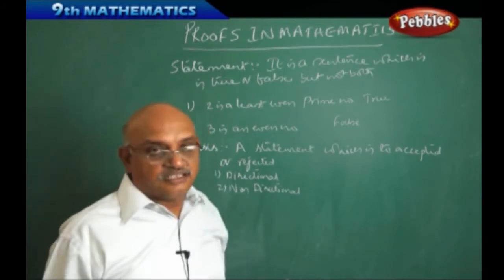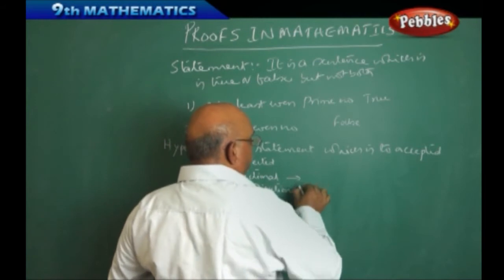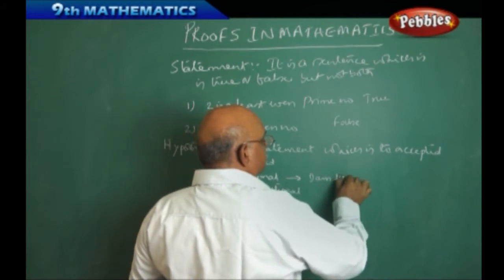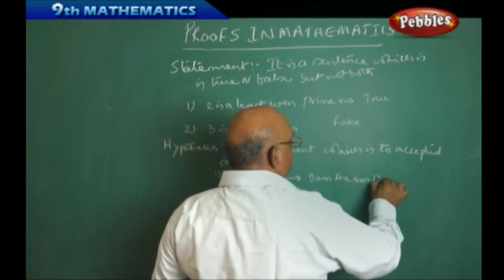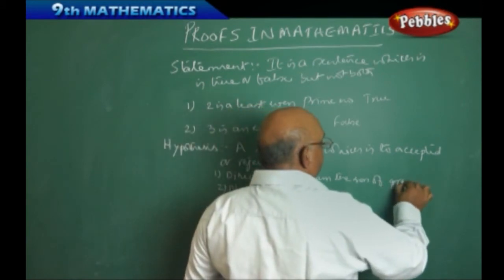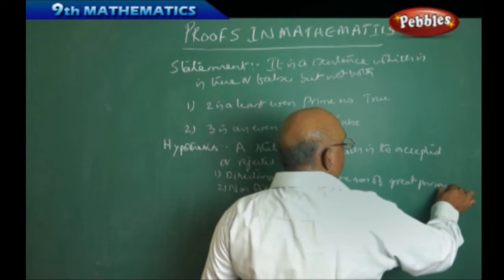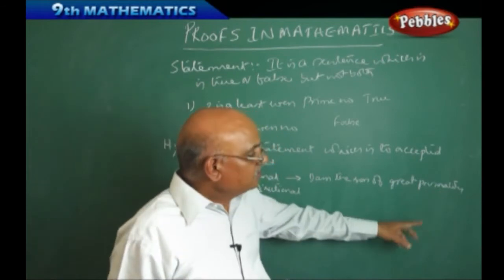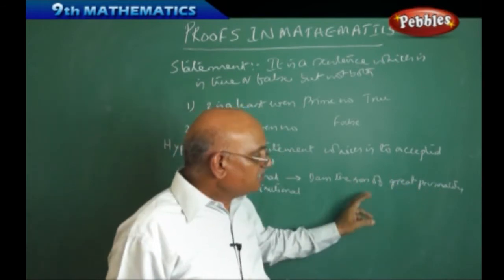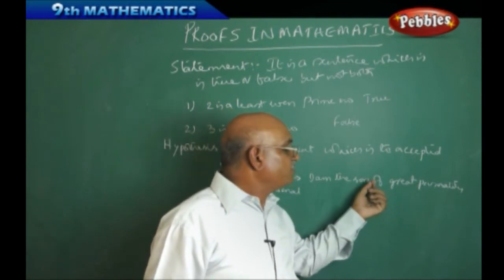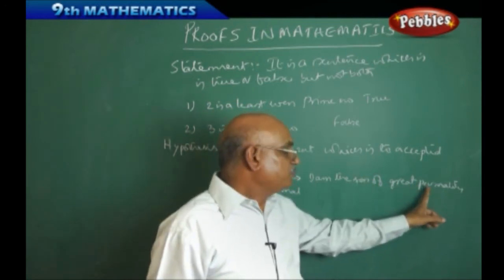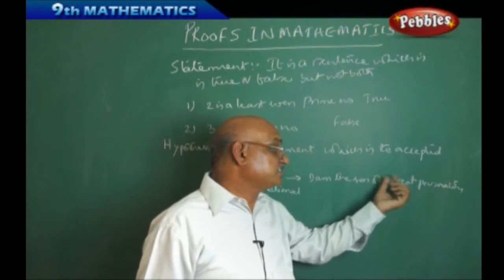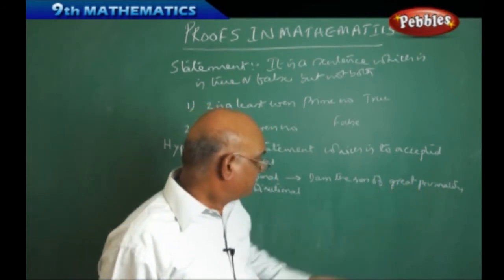Directional means, suppose I want to say that I am the son of a great personality. Here we are specifying that there exists one great personality, and I am the son of him. That implies the son definitely has a father, and moreover it indicates the status of his father. It is one direction.